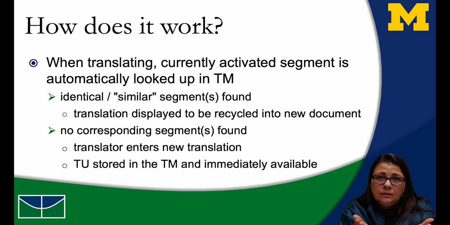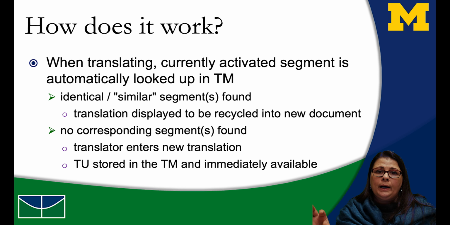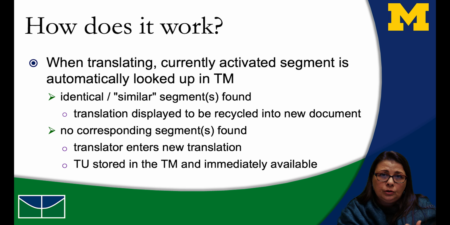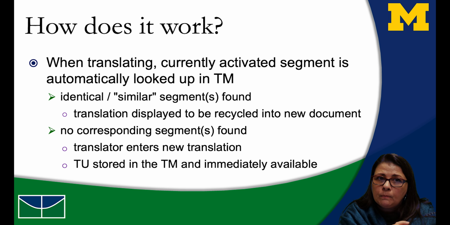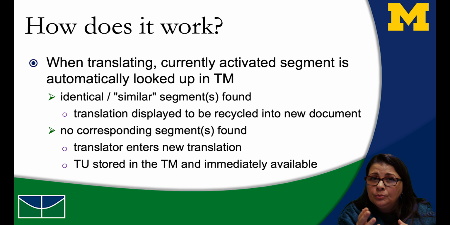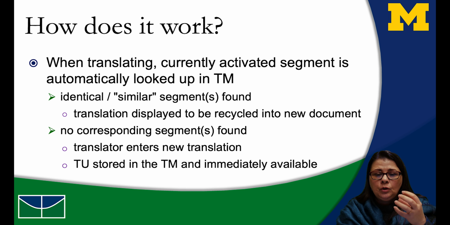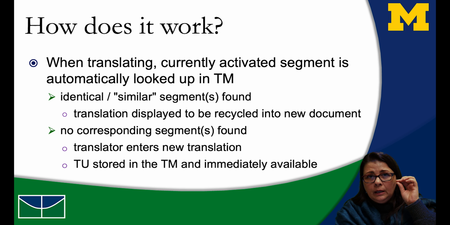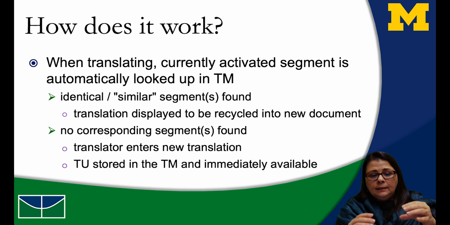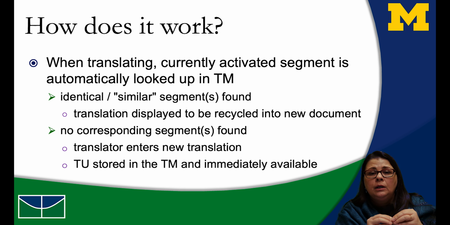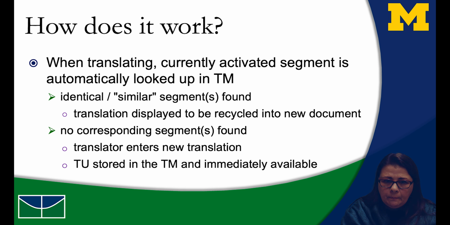If nothing is found, you just have the empty cell to type your translation. And then you can use, for instance, machine translation to help you find the solutions or even the terminology tools to remind you of the translation of some of the terms that are appearing again in your source text. But once you commit that translation, once you hit the enter or go to the next cell, that translation unit is created and it's immediately available for using in the next segment that you're translating.